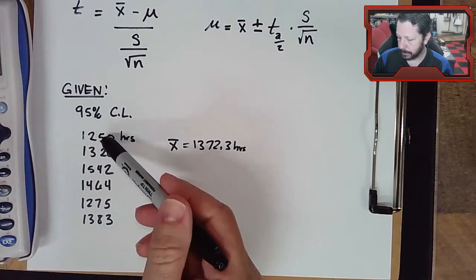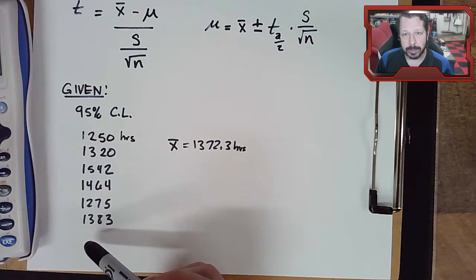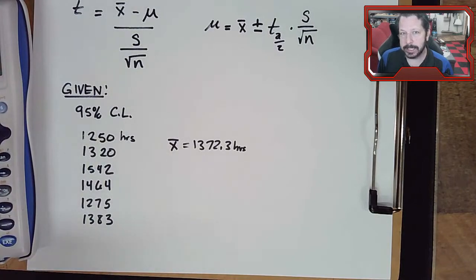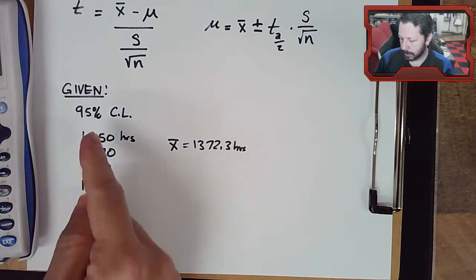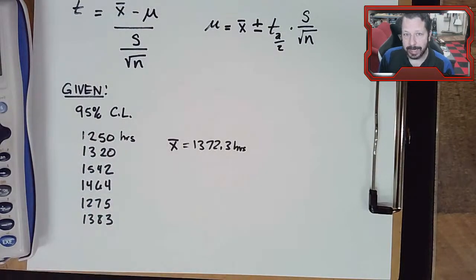Like, do you take these at random times during the day? Do you take them at the same time but on different days? How are you going to set up your test? Generally, if you're taking a small sample of a large population, you want to be as random as you can